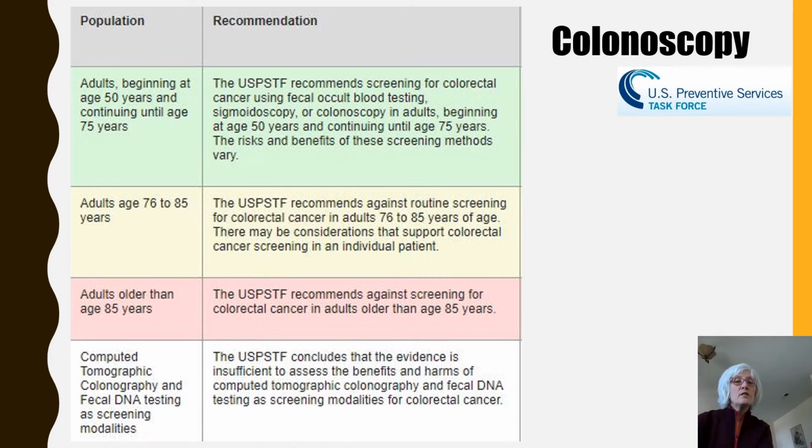The Preventative Services Task Force recommends that individuals ages 50 to 75 have a colonoscopy, a sigmoidoscopy, which is using a shorter tube and just going in the first arm, if you will, of the colon rather than bending around,